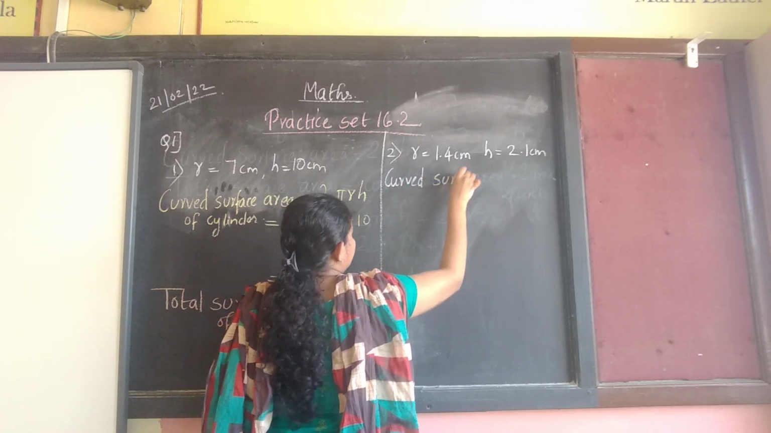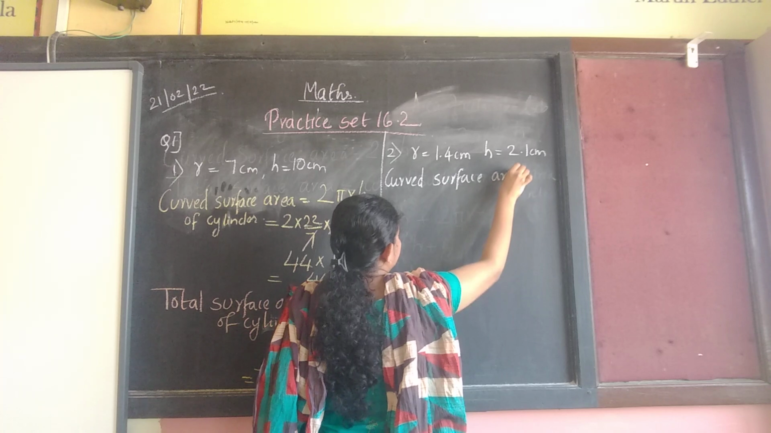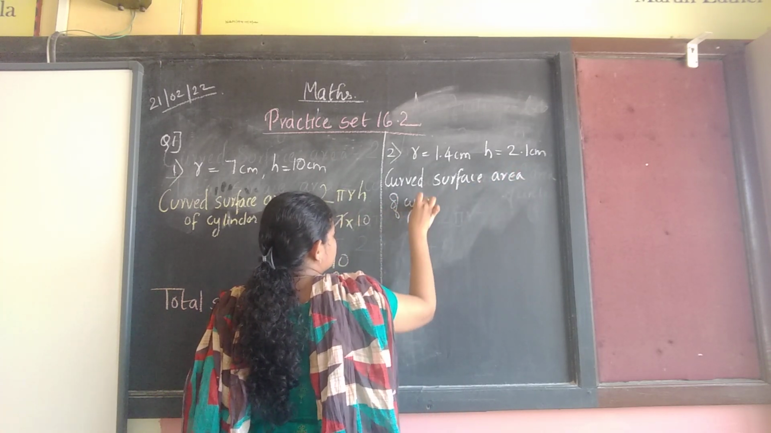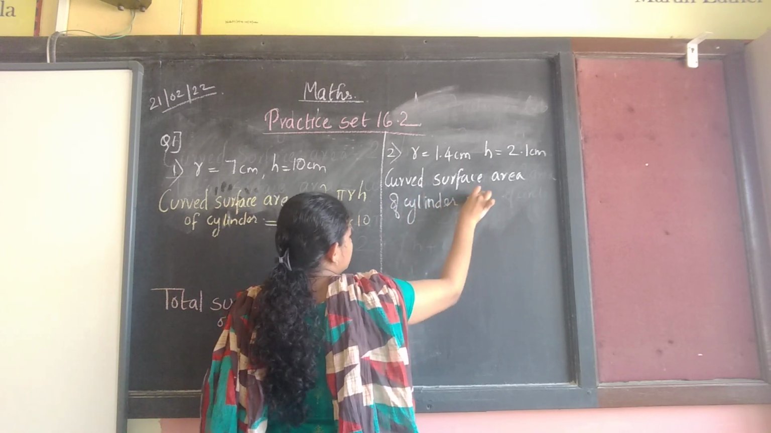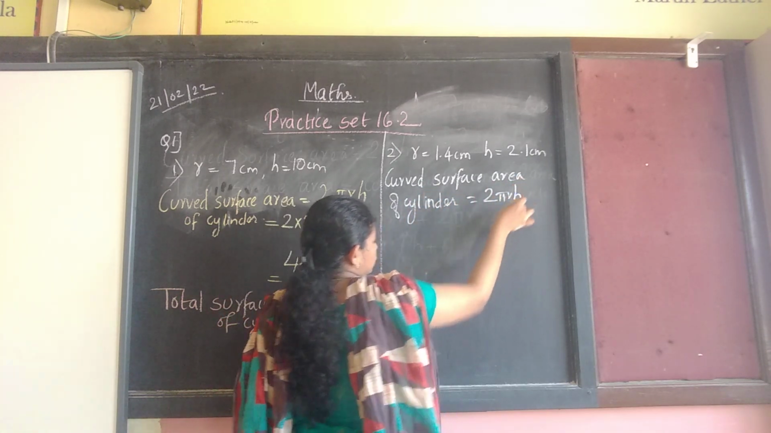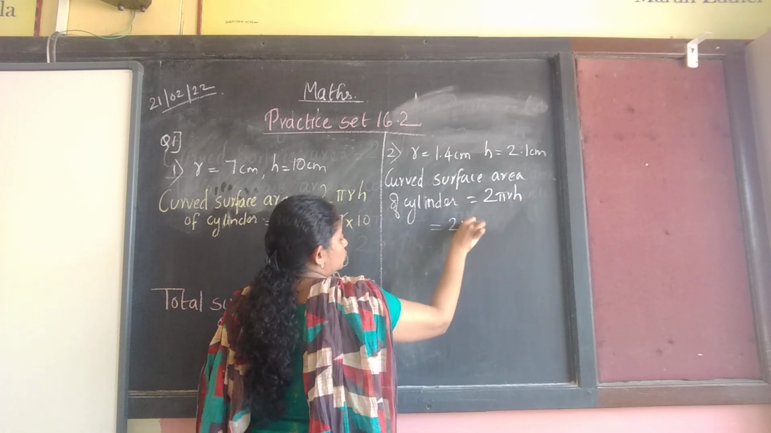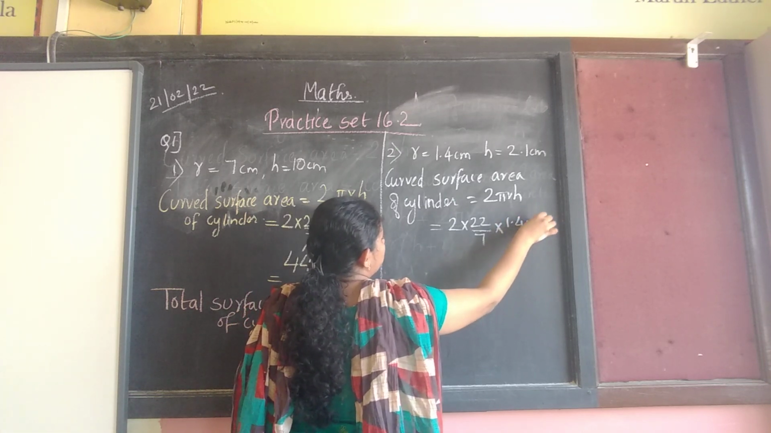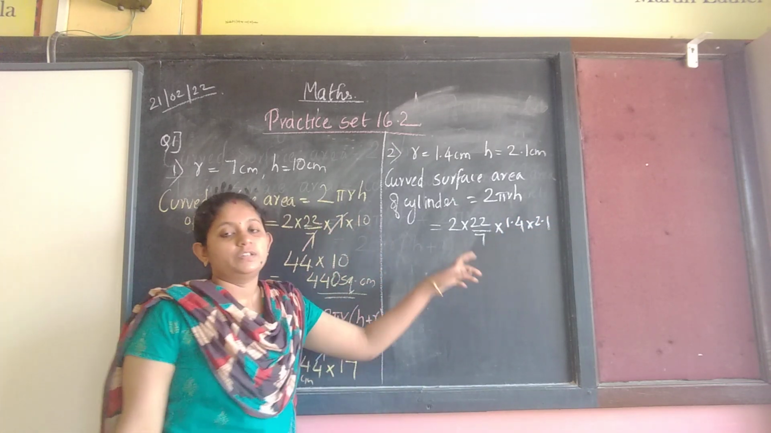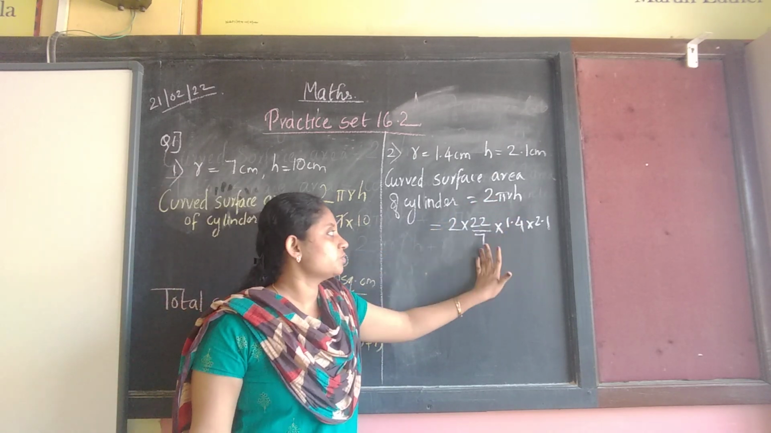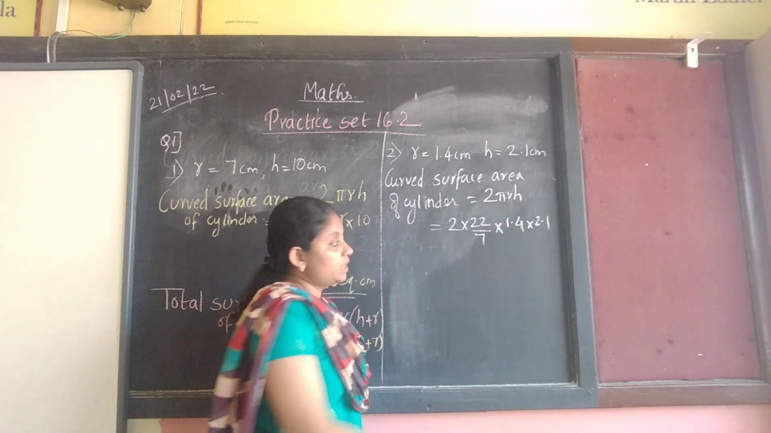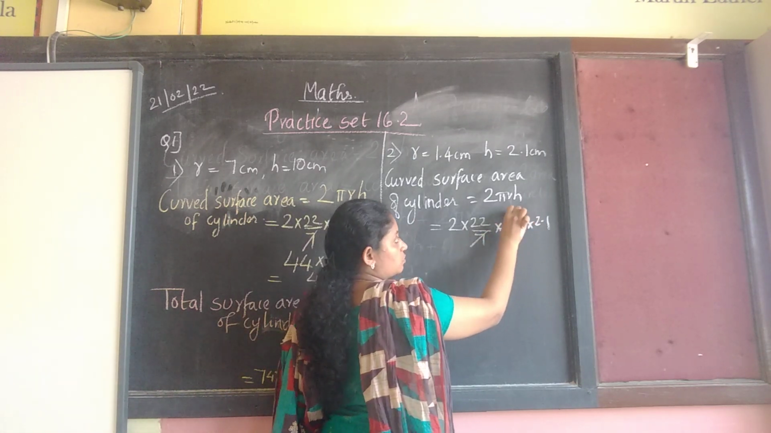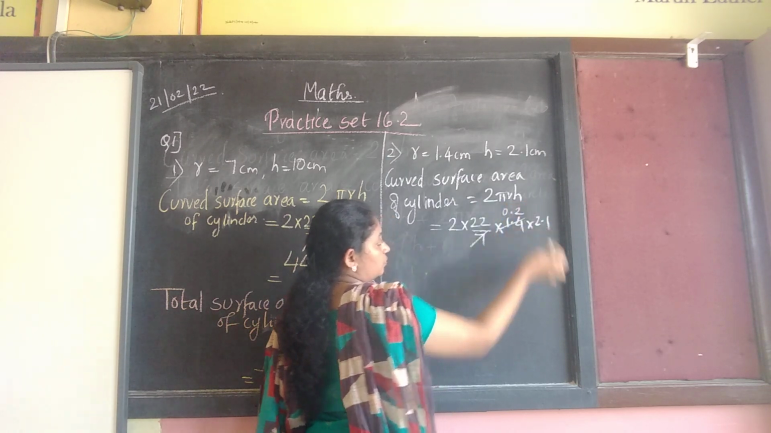curved surface area of cylinder is equal to 2 pi r h. 2 into 22 upon 7 into 1.4 into 2.1. Now just don't consider the decimal point first. You can see 14 and 7 is divisible. So 7 2s are 14. Okay. But the decimal point is before one number, so before 2 one decimal point is there and you will put a